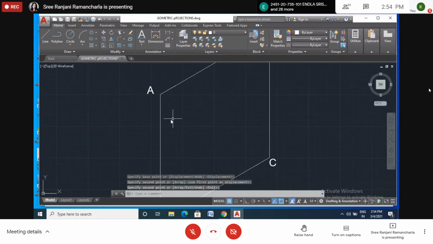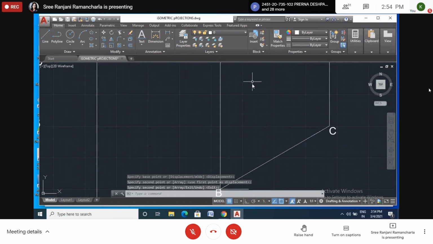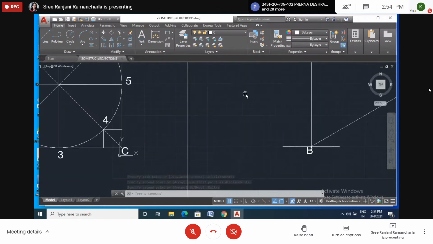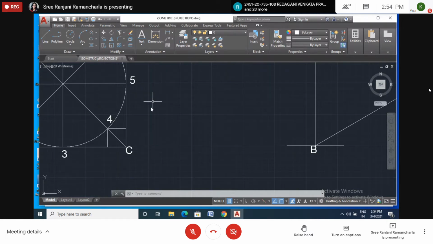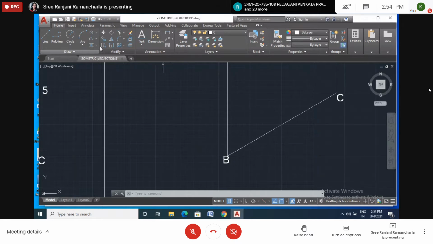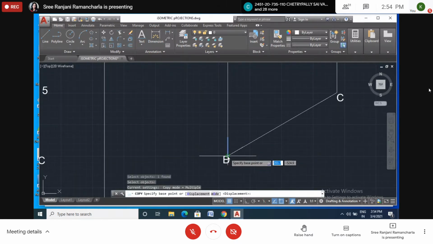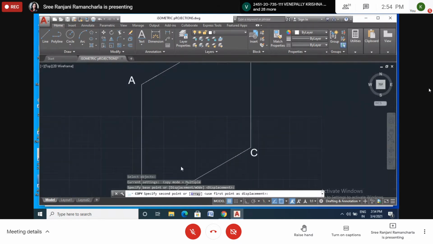Copy all lines. And what about this vertical direction? Vertical direction, I had already copied, right? So this one I will copy in the vertical direction. Enter. Displacement and this point.